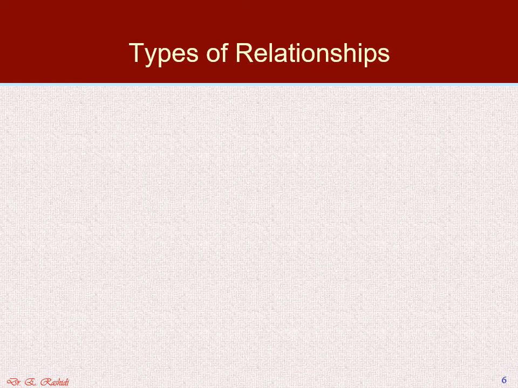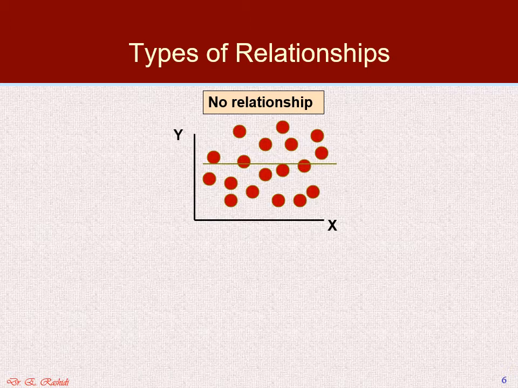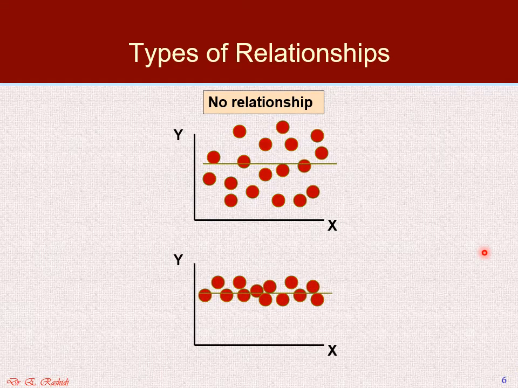There could be no relationship between x and y. When there is no relationship, we can't really figure that out because there is just none. An example of this is what you see here in these two pictures. For this picture, for example, there is no linear relationship or nonlinear relationship in simple terms between x and y. If we go in the left and right direction of x, meaning increasing x, we are not sure whether y would increase or decrease. So there is no simple answer to that. Similar to here,